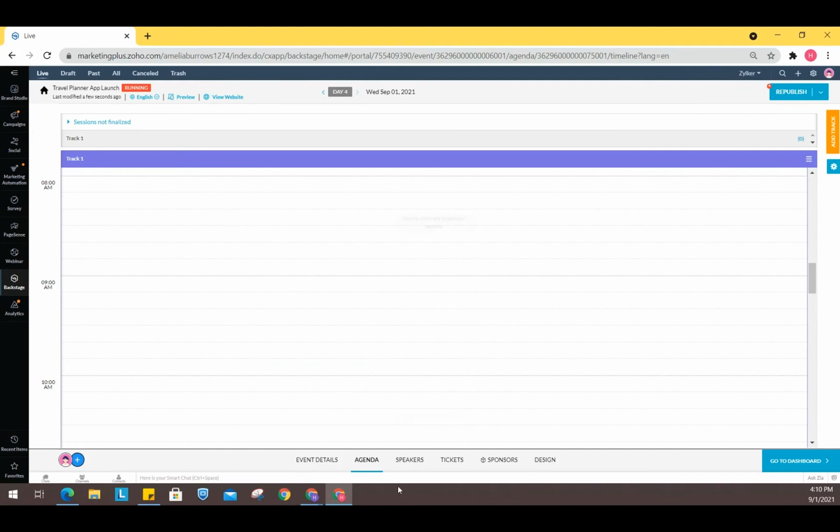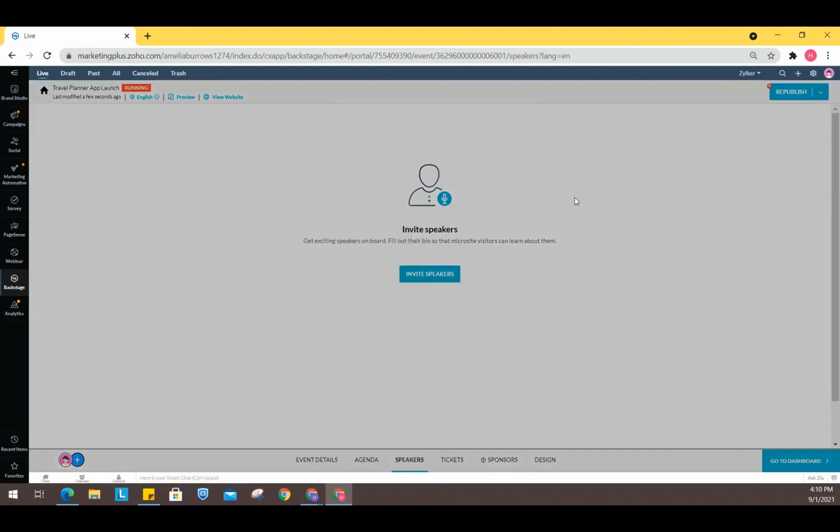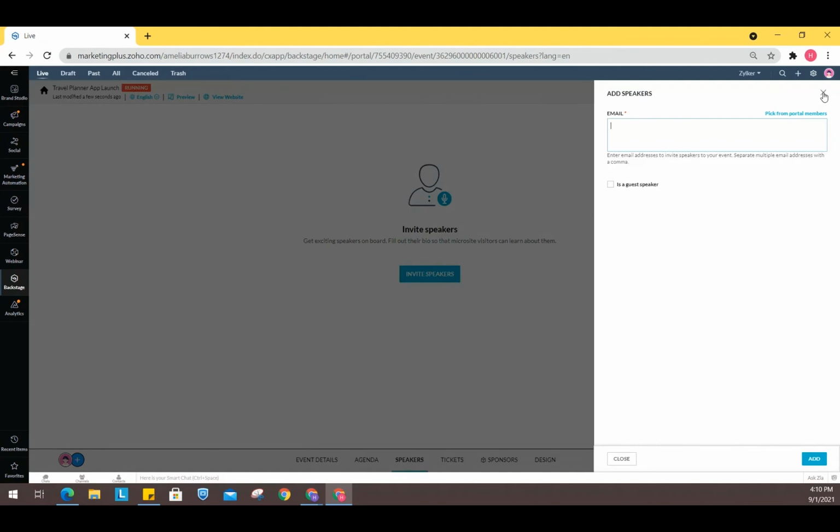And in the speakers tab, you can invite the speakers for the event. You can just enter the email address and then you can include them as a guest speaker, and you can also add multiple speakers, just separate them by commas and add the email addresses. That's it.